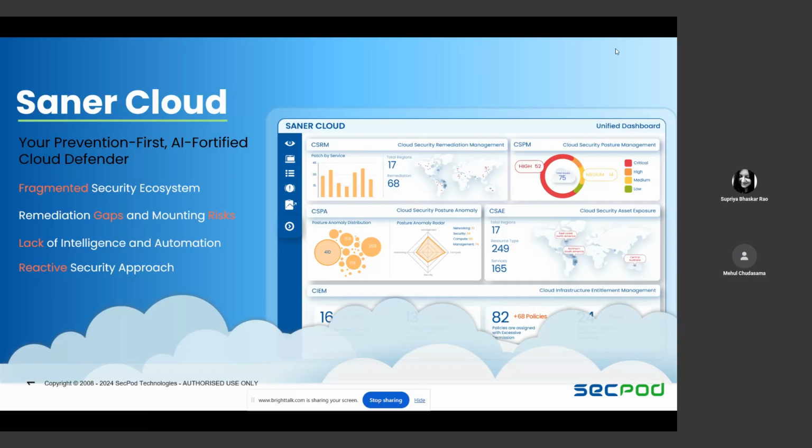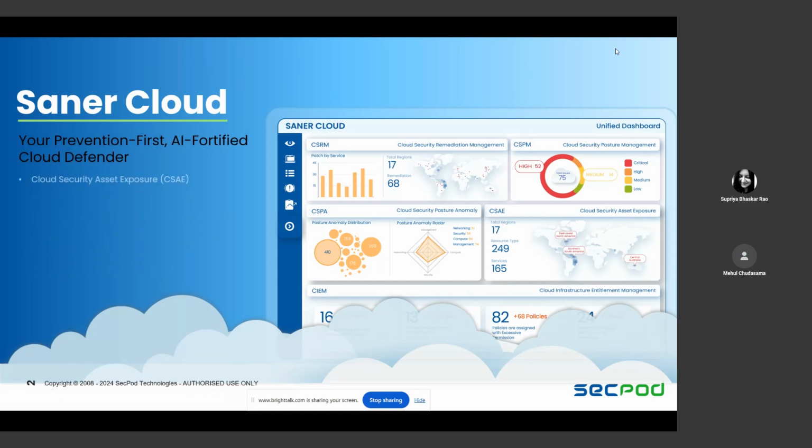In order to handle these challenges of cloud security, we have come up with many functionalities, or you can call them modules, or even applications on their own. First is Cloud Security Asset Exposure, which we call CSA, which provides visibility to your organization's resources.